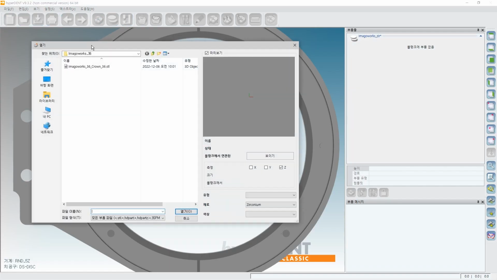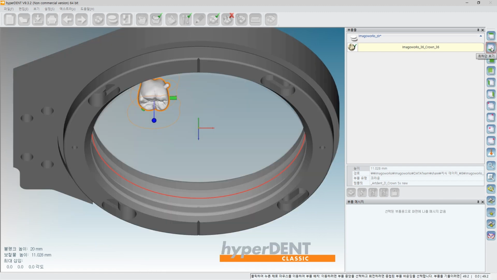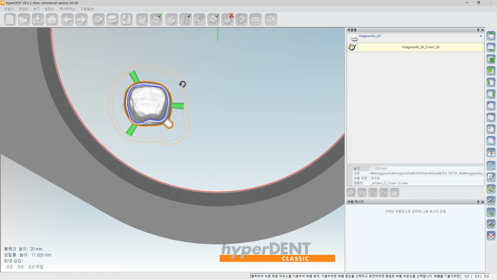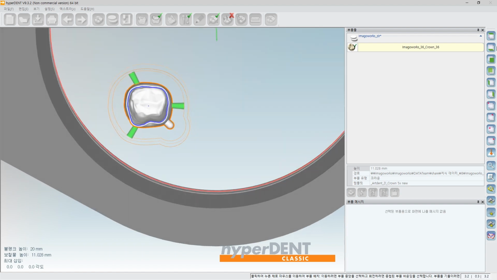Alright, let's go straight to milling. Import the crown STL file in the milling software. After opening the crown file, place it in an appropriate position. Then the margin line and insertion direction are automatically detected thanks to the STL file.